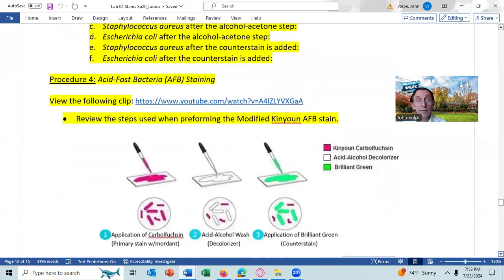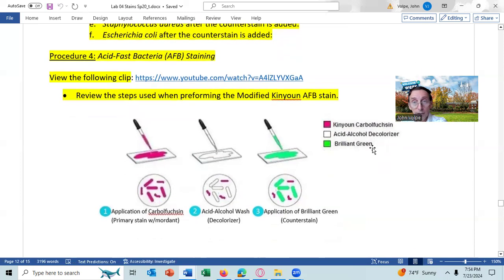All right, let's go through procedure 4. It is going to be the acid-fast bacteria stain. It's abbreviated AFB stain for acid-fast bacteria. View the following video clip on the acid-fast stain. And there are 2 acid-fast stains. One of them that we're going to talk about is the modified Kinyoun acid-fast stain. Both of them use